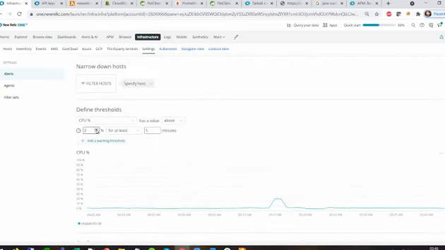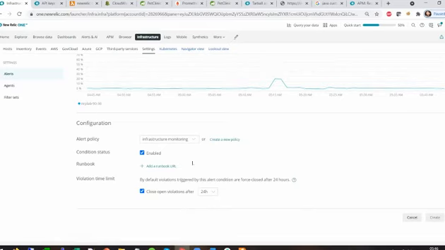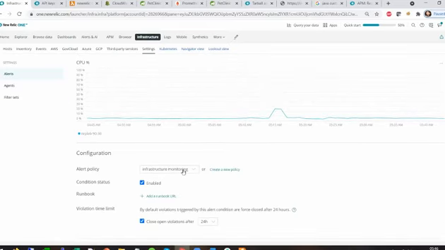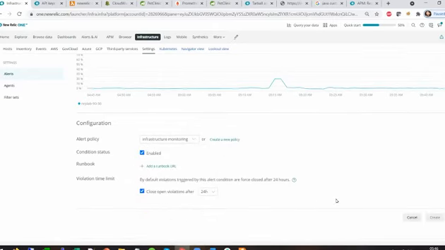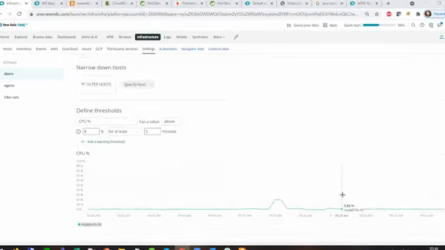And then it will be sending. You'll be sending the alert to one policy. You can just select the policy you just created. You can create a new one if you want, and then you can just create that specific policy. It will not create here, but this is just to give you an idea of things that you can do on your environment. Let me see why it's